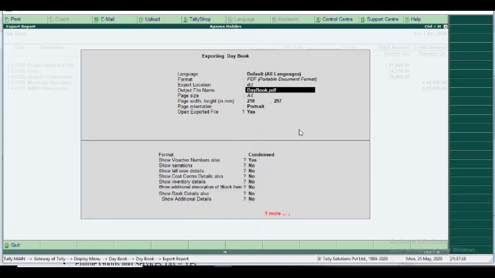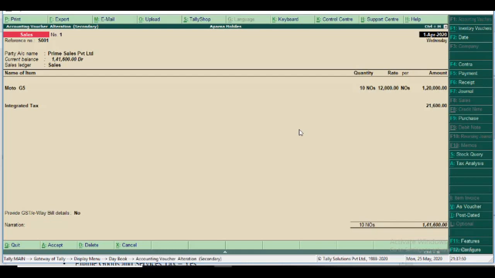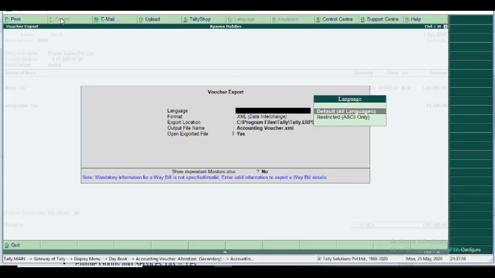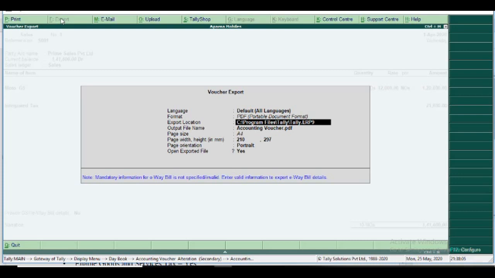D:// then output file form. Okay, sorry, escape. First you enter for alteration mode, then you press Alt plus E for export. Okay, good. Then you press backspace, default all language. You select the format as PDF, portable document format. The location as D://